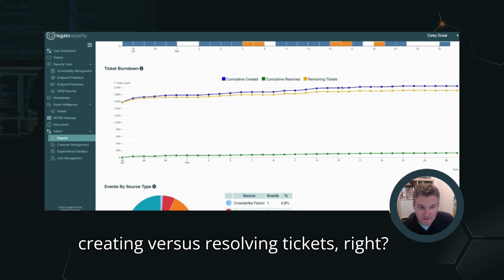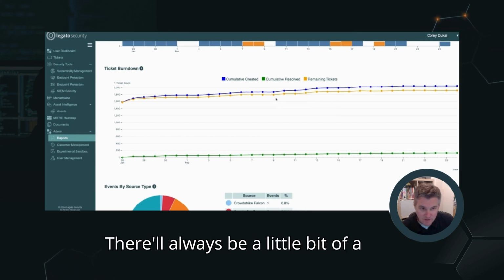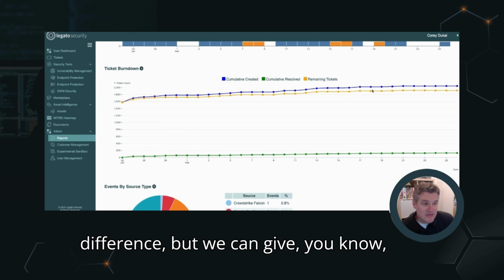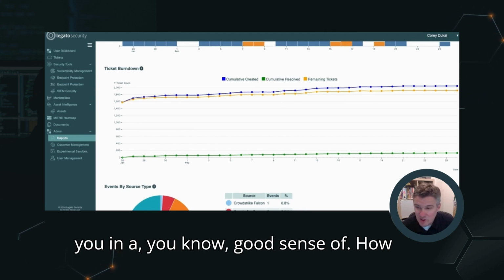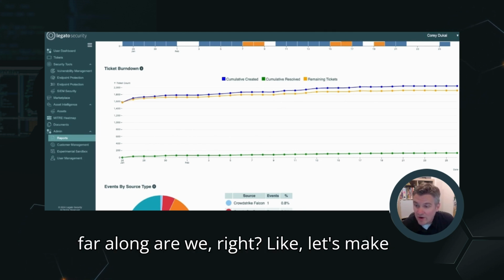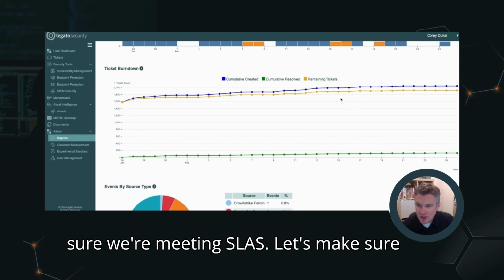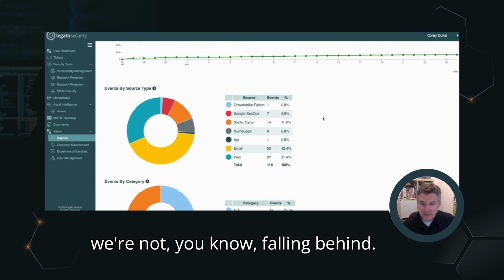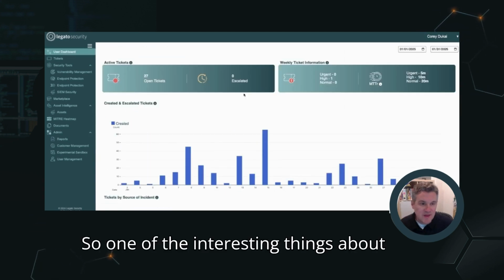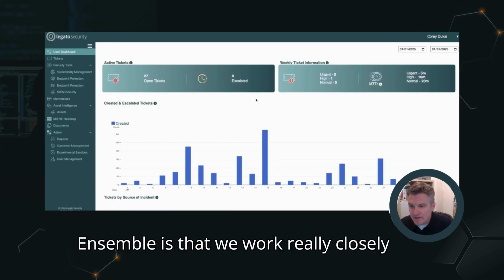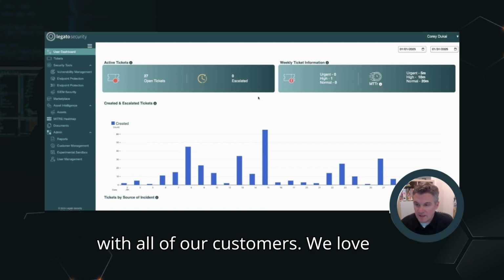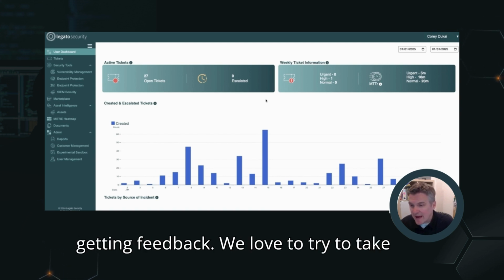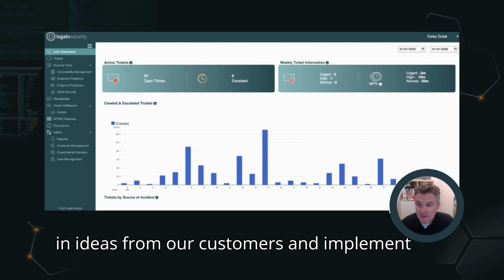How are we creating versus resolving tickets, right? There'll always be a little bit of a difference, but we can give you a good sense of how far along we are, right? Like, let's make sure we're meeting SLAs. Let's make sure we're not falling behind. So one of the interesting things about Ensemble is that we work really closely with all of our customers. We love getting feedback. We love to try to take in ideas from our customers and implement them quickly, right,